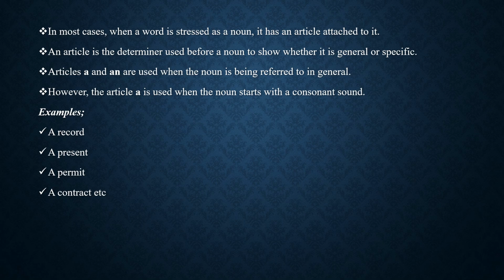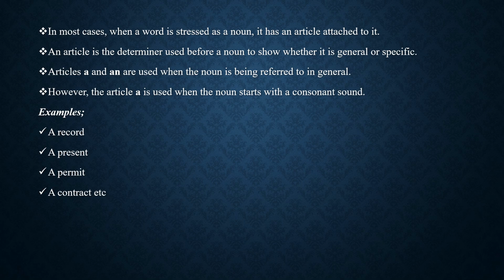because you'll come to realize that there are some consonant letters that are silent in words when we pronounce them, so we don't consider the consonant letters, we consider the consonant sounds for us to be able to know whether we are going to attach the indefinite article a or the indefinite article an. So bearing in mind that we are looking at the consonant sounds that are coming first from the word for us to tell whether that word is a noun or not, we are going to attach the indefinite article a,